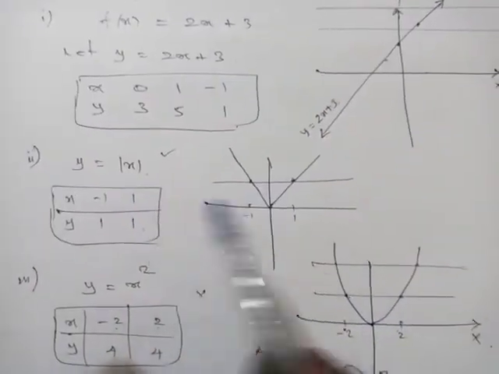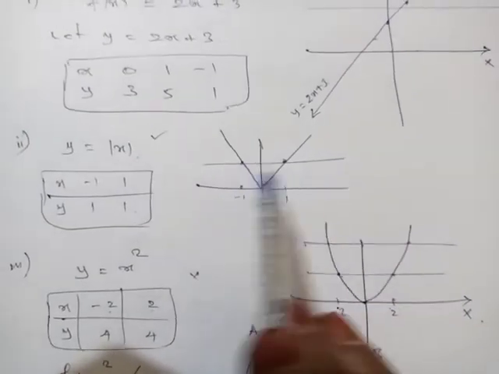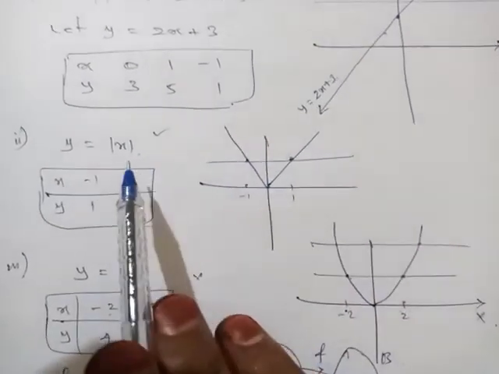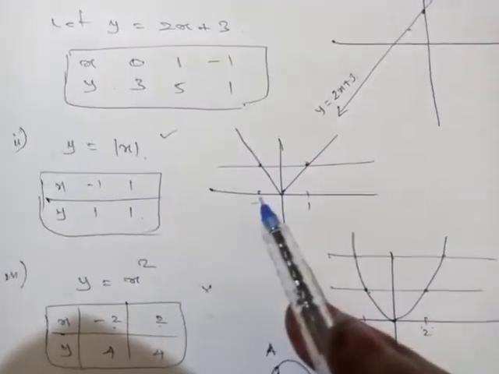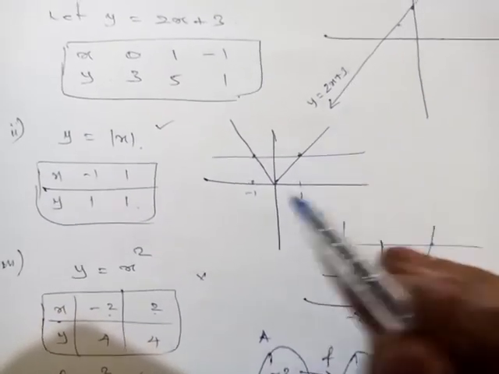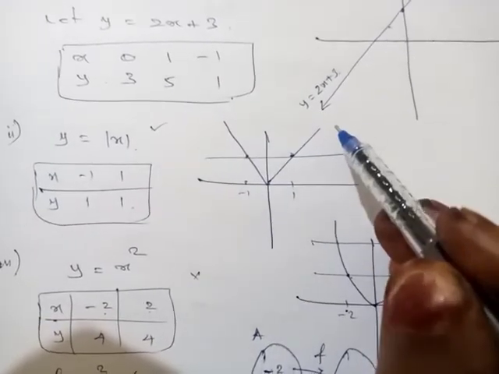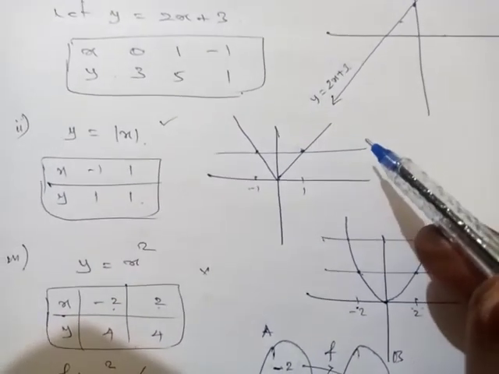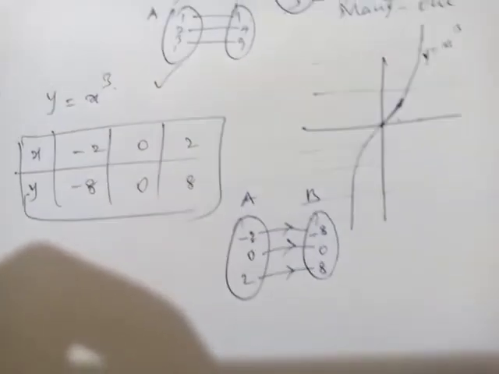If it is a modulus function, then it does not have an inverse, definitely it will cut at two places. In this also we have to keep in mind that suppose this domain does not contain any negative value, then it will become only this side of the curve. So this also will cut only one time, therefore it has an inverse. Like this also we can think. Okay, x square I explained, x cube also I explained. Like this we can find for all the functions.